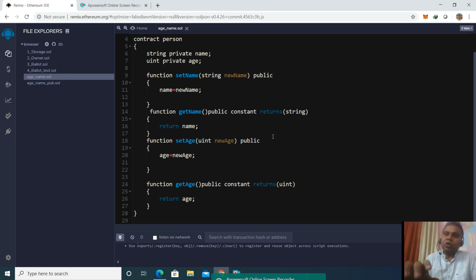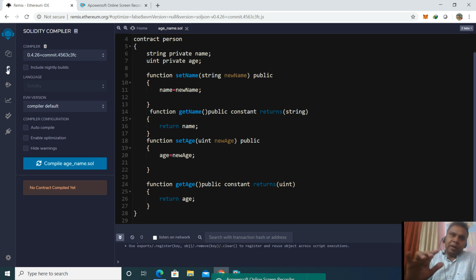So what this smart contract is doing is making a blockchain which is used to store the name and age of a person, and we can retrieve the name and the age. Now we will step further and see how we can compile this using Remix. What we are going to learn today appears to be very simple, but there are various problems which occur when we learn this for the very first time.